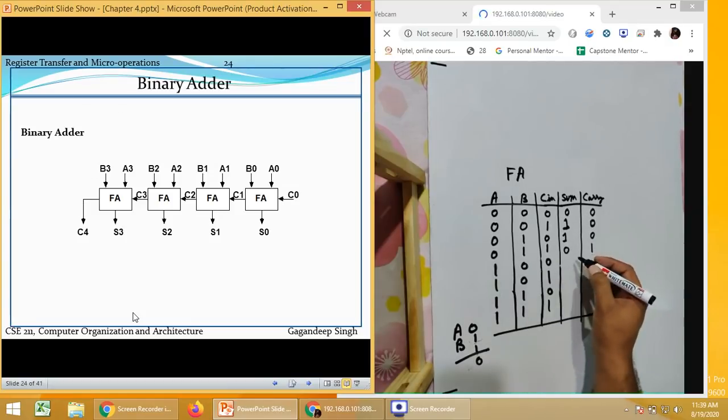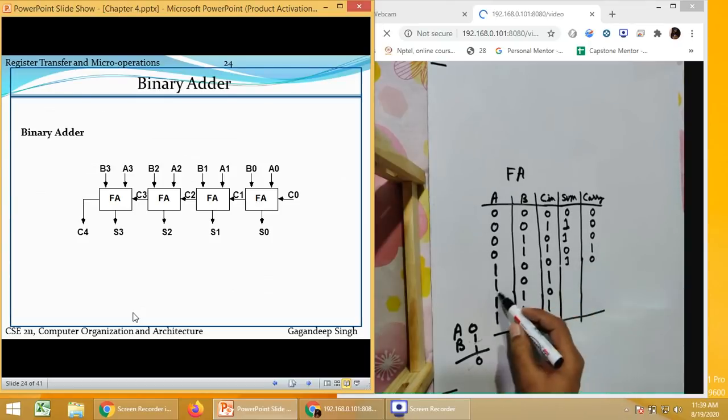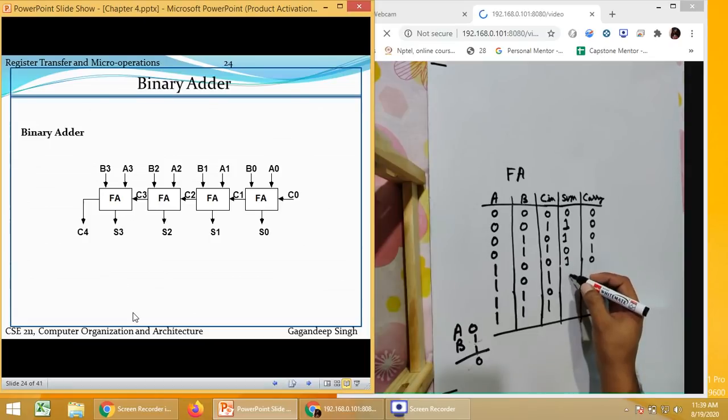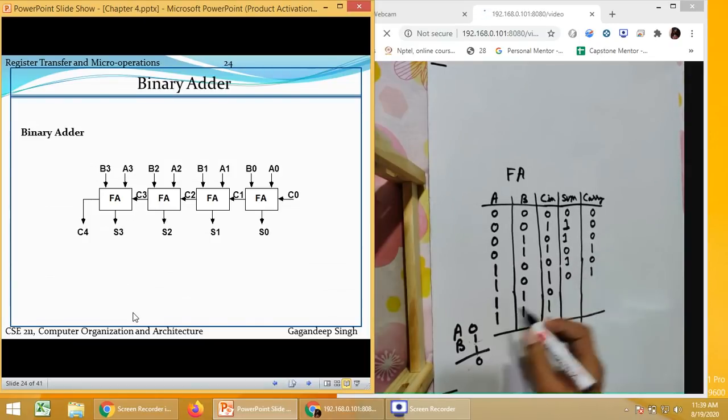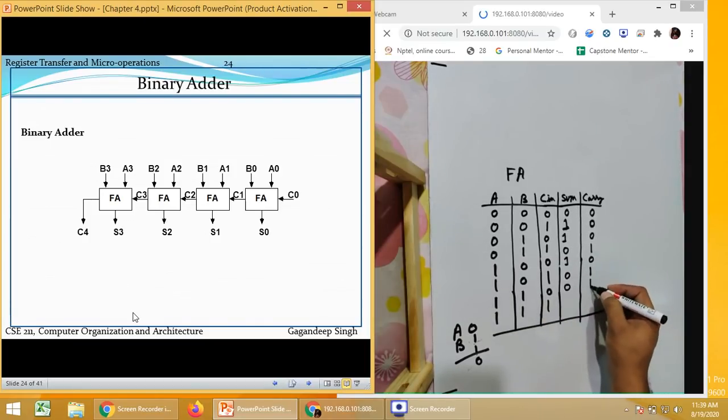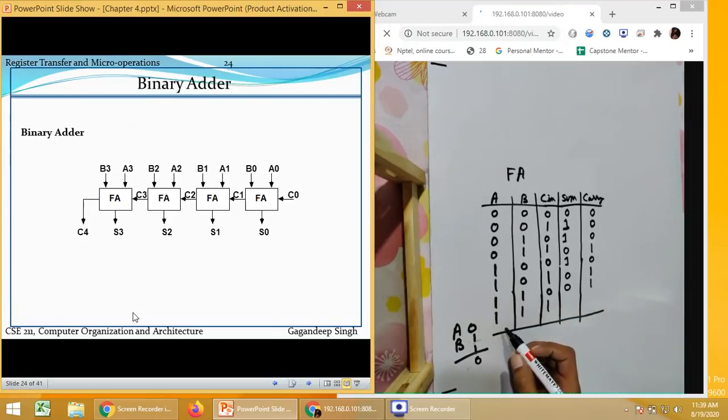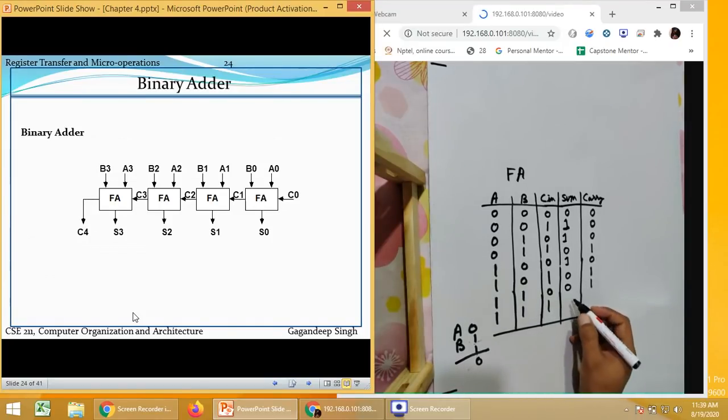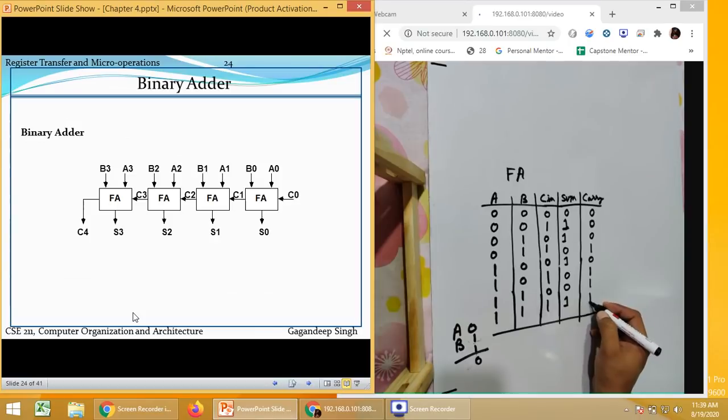Then in this case as well, 1 0, sum is 0, carry is 1, again 0 1 1 and the same. Last case, 1 plus 1 plus 1, sum is 1 and carry is 1.